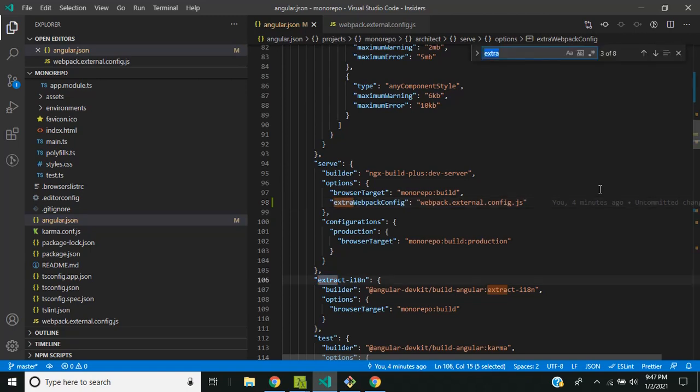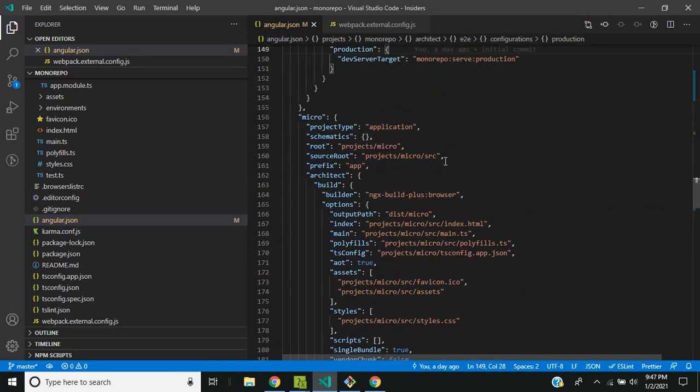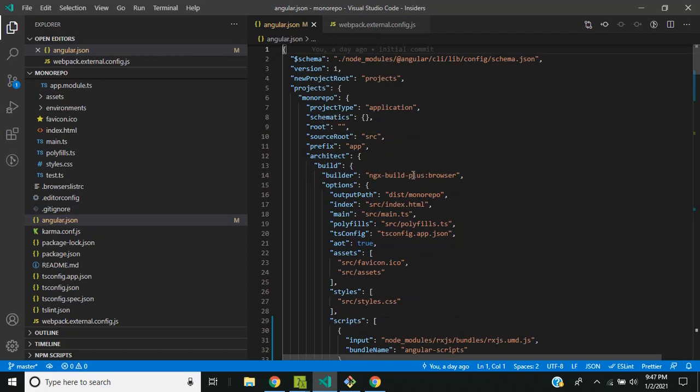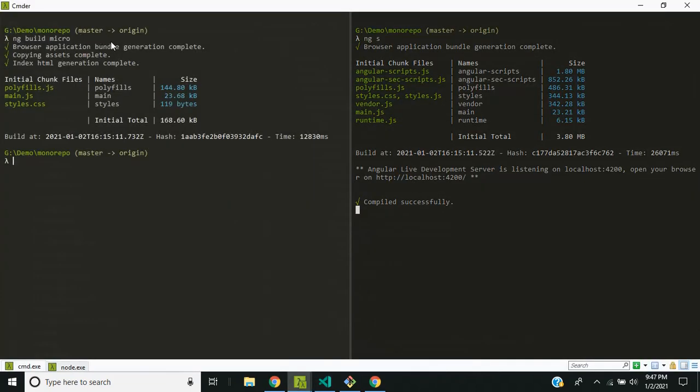In the micro application also I have added the same configuration so that the shared library and its dependencies will not be included as part of the bundle. And I have also built the micro application again, and you can see that the size of the main.js is considerably reduced.